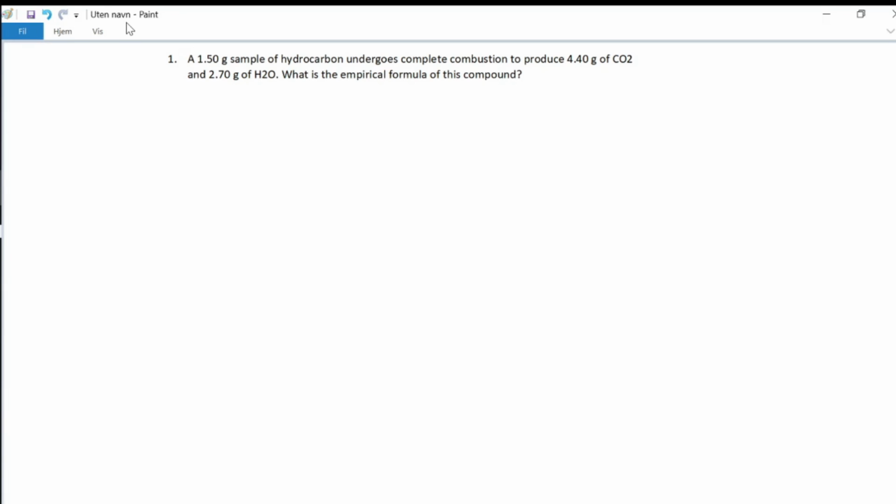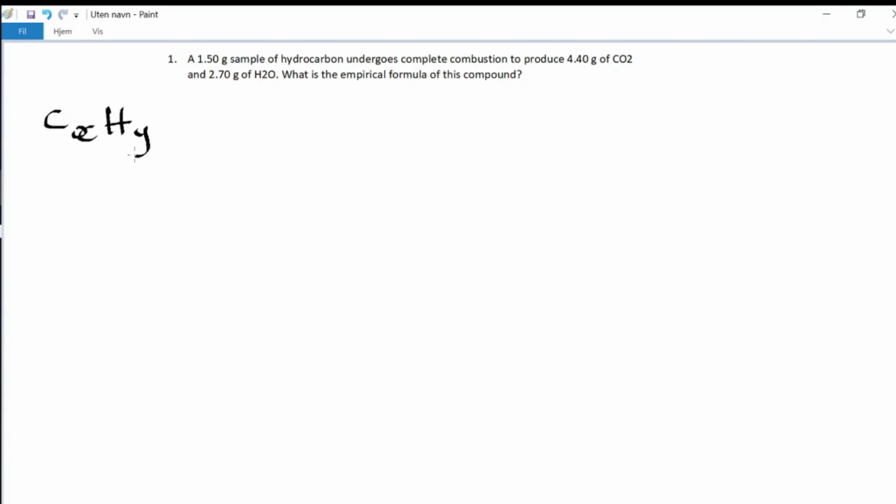So we all know that a hydrocarbon contains only C and H atoms, that's to say carbon and hydrogen atoms. Since we don't know the moles of carbon and hydrogen in this hydrocarbon, we will write C_x H_y. So we have our hydrocarbon,